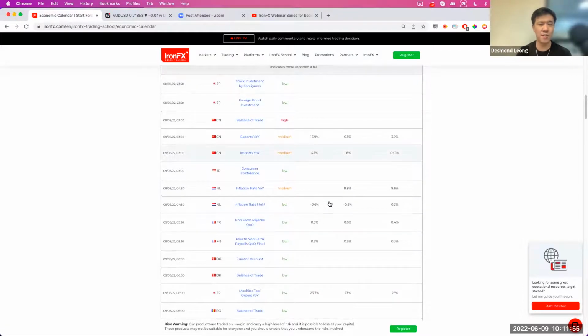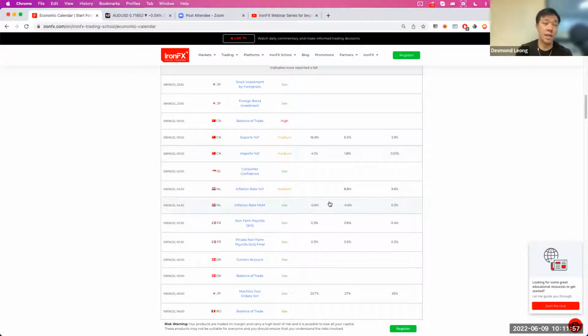Okay, so these are more or less the values you want to look at, but it looks a little bit daunting. There's so much stuff. There's balance of trade, there's interest rate year on year, right? Month on month, non-farm payrolls, quarter on quarter, right? There's a lot of stuff here. But the problem is that you think about it as this concept, which I want to explain to